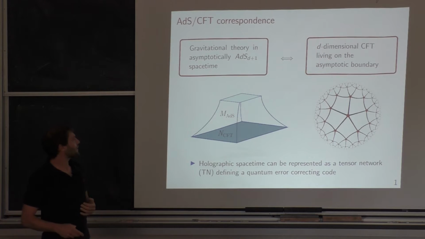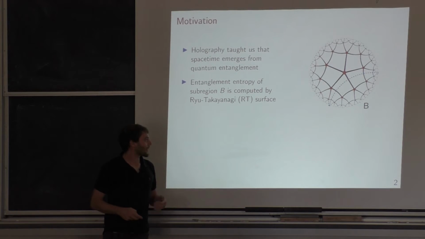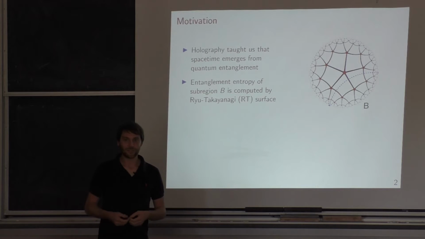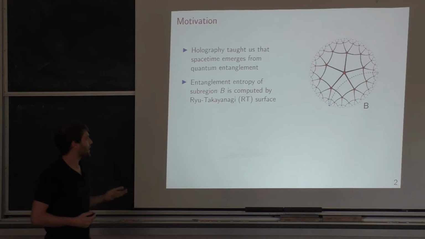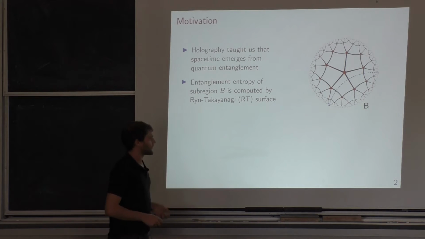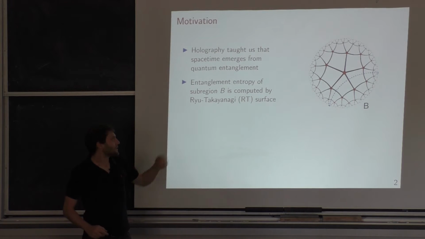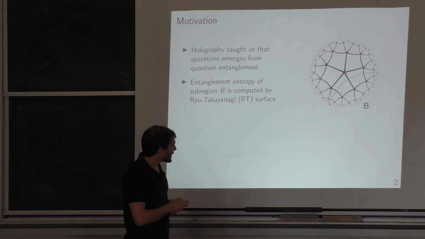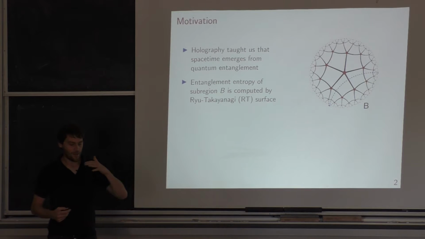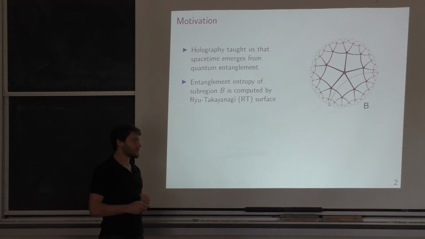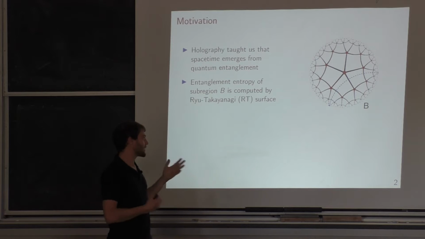Now, holography has taught us a lot of interesting things. One of the most interesting things that holography tells us is that spacetime is an emergent feature. It emerges from the quantum entanglement of the boundary theory. And there is a very nice, precise way to quantify this, which is the Ryu-Takayanagi prescription to compute the entanglement entropy of a boundary region. So if you consider a CFT on the boundary and you want to compute the entanglement entropy of some subregion B, then what you can do is consider the bulk dual spacetime and consider the extremal surface homologous to this region B, calculate the area of this extremal surface, and then divide by 4G,